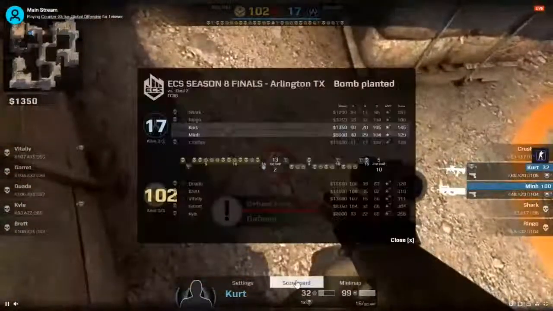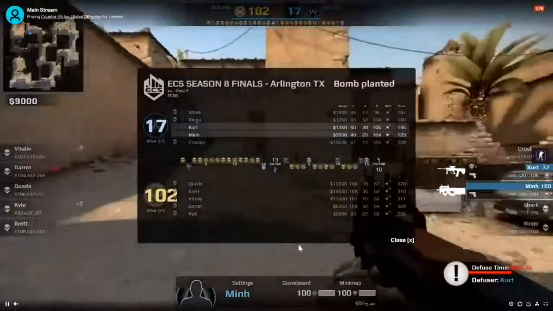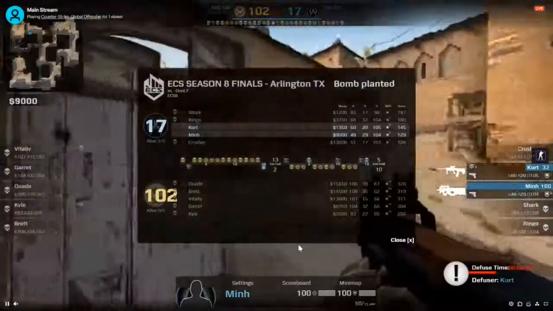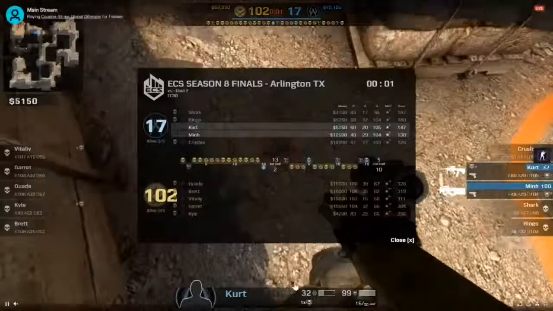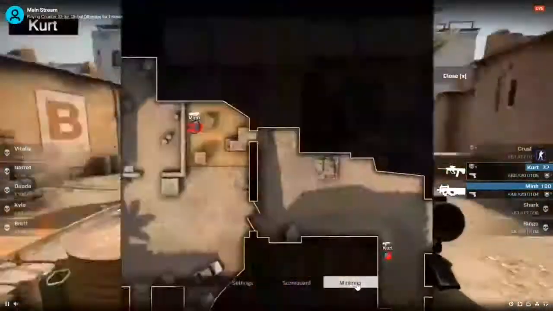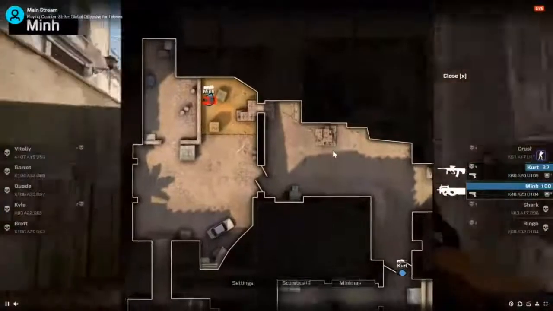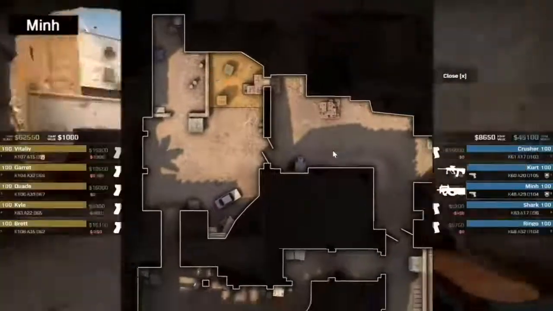There's a scoreboard that you can pull up at any time. Normally, if you're watching a tournament, you have to wait for the shoutcasters to call these things out and let you know who's winning. This I can pull up anytime I want to. There's also a mini map, and the mini map gives us this sort of amazing bird's eye view of what's going on in the game.